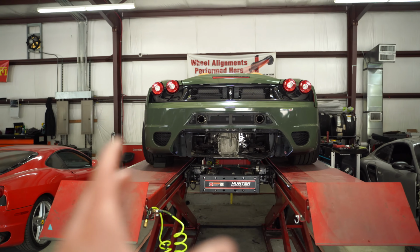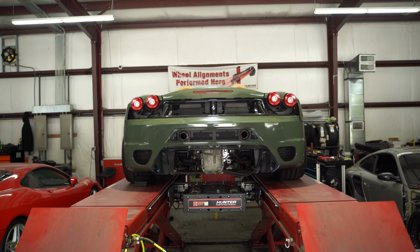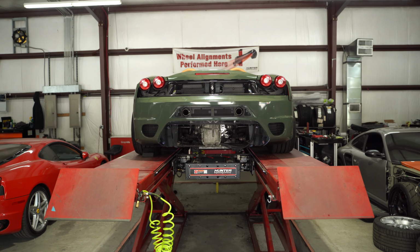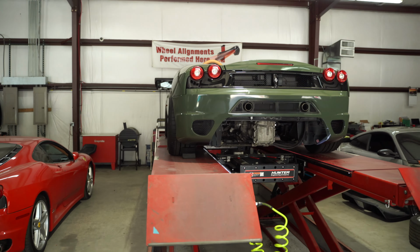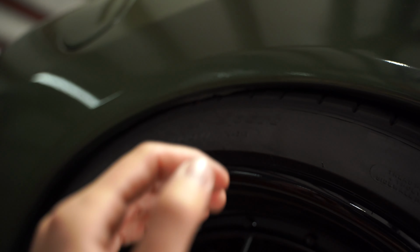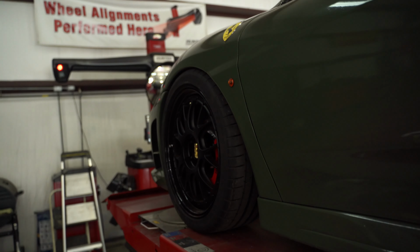Alright, so they just got back from the test drive just to see how it rubs and if it's rubbing anywhere else. And now they're going to start doing the camber adjustment on it. It rubs just a little bit, but Evan's solution is to just literally go for more camber, and hopefully that will resolve the minor rubbing issues. Now you can see it's still rubbing a little bit, but